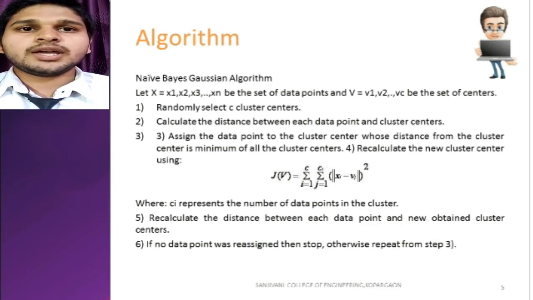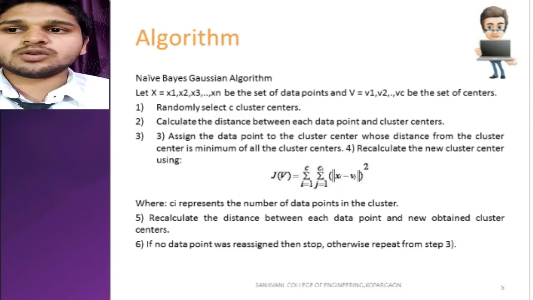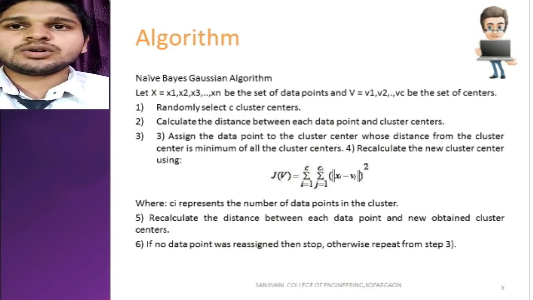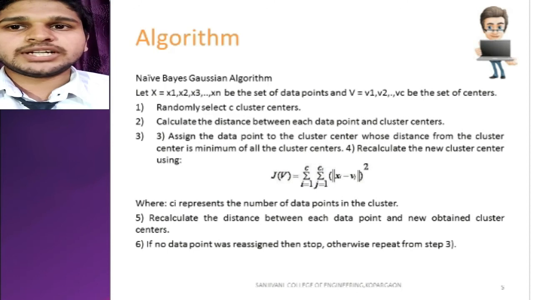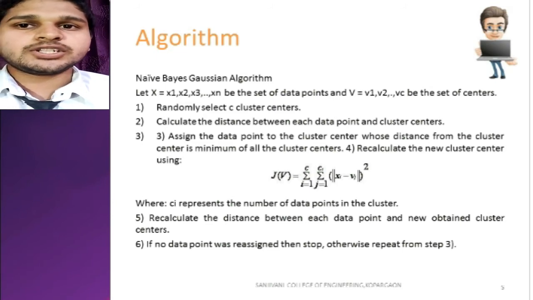Gaussian algorithm. Here are the steps for the Naive Bayes Gaussian algorithm. Let X equal X1, X2, X3 up to Xn be the set of data points and V equal V1, V2, V3 up to Vc be the set of centers. Step 1. Randomly select C cluster centers. Step 2. Calculate the distance between each data point and the cluster centers. Step 3. Assign the data points to the cluster center whose distance from the cluster center is the minimum of all the